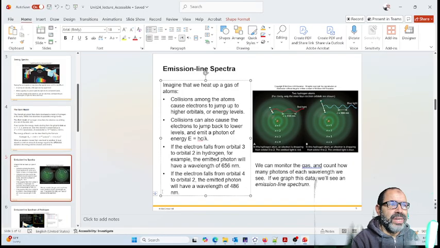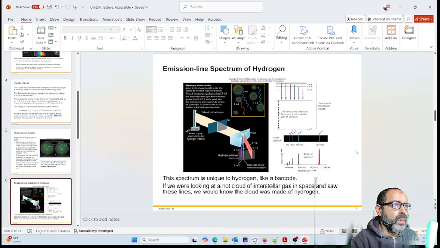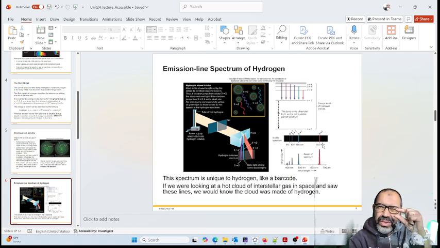I mean, the others are kind of faint, but they are there, okay? So these are the so-called Balmer lines because they're in the visible range. And as I said before, from level 3 down to level 2, just a small gap, the color is red. From 4 down to 2, it's actually blue. From 5 down to 2, okay, it's actually